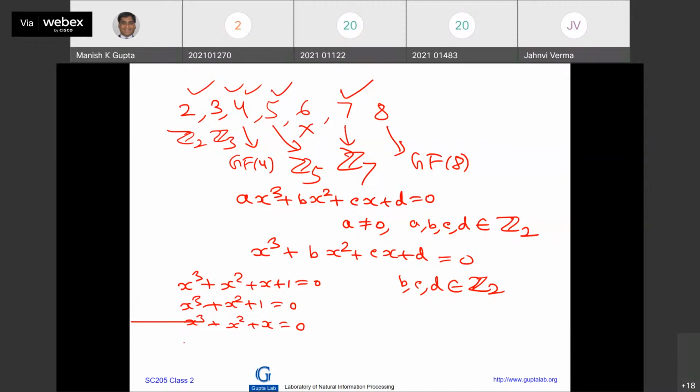What else? X cube plus x is equal to 0. Then x cube plus 1 is equal to 0. X cube plus x plus 1 is equal to 0. दो और बची हैं, कौन सी? X cube is equal to 0 and